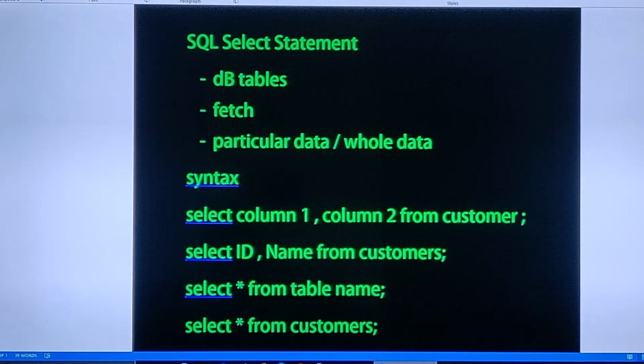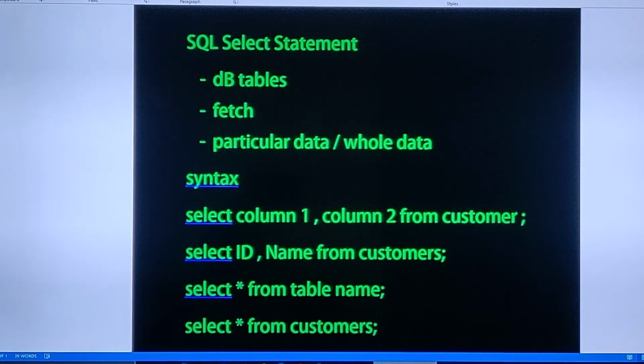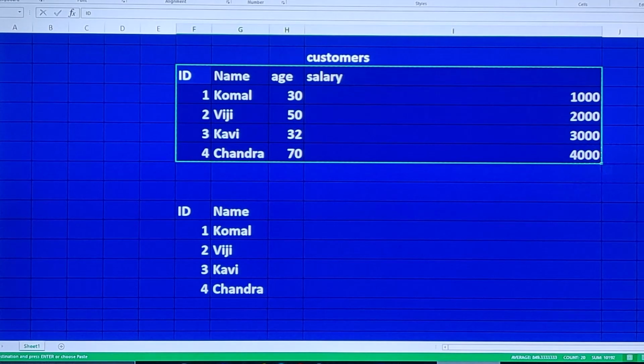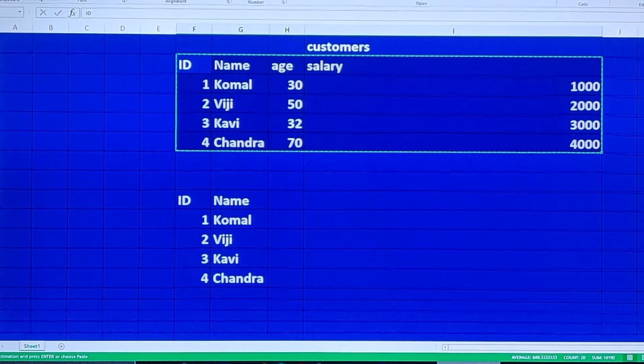If we give it like this, select star from customers, it will fetch all the columns available in the customers table, and your output is that you will see the data like this.